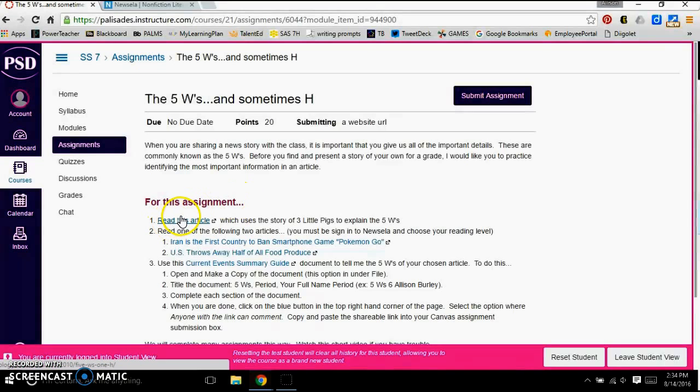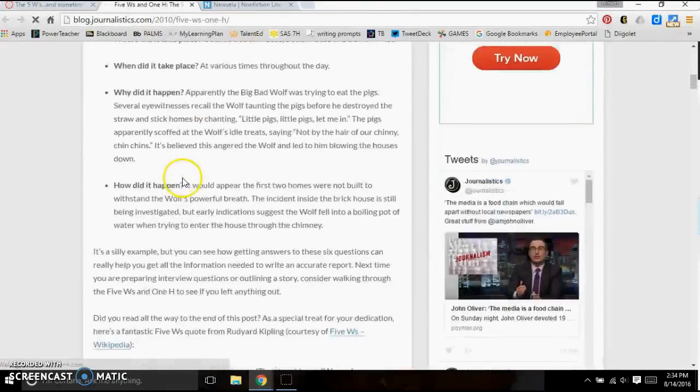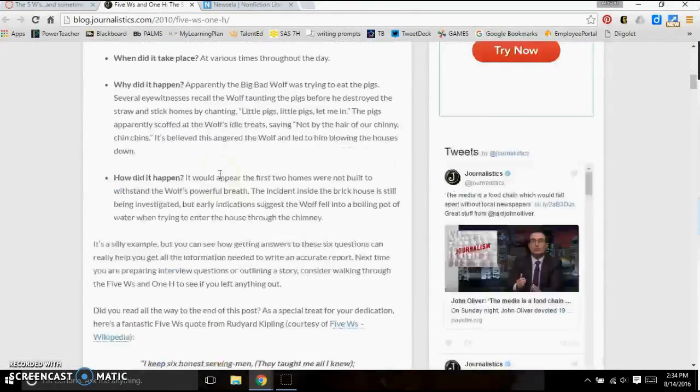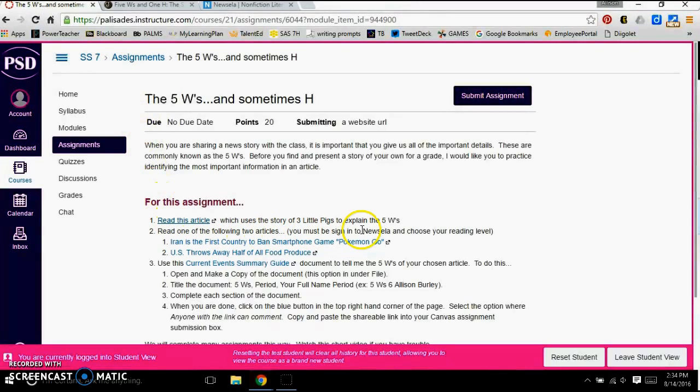All right, so for this one, step one, read this article. So when you click, it will open a new tab, and here is a short article that you will read where you're going to learn about the 5 W's. Then it says step two, read one of the following two articles. You need to sign into Newsela and you need to choose your reading level, which you should be familiar with